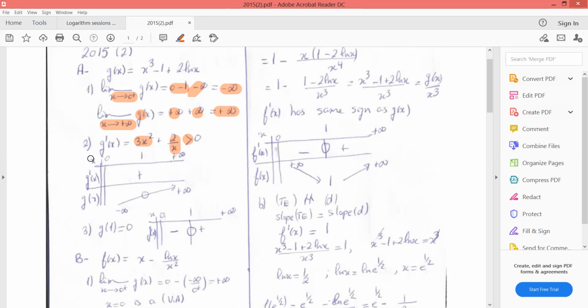Table of variations: x, domain from 0 till plus infinity. g prime x and g(x); it is increasing. I put plus, it is increasing. At 0, we get minus infinity. At plus infinity, we get plus infinity. Any questions? Do you like to ask? No. Is it done? كلكم كتبتوا هيدا؟